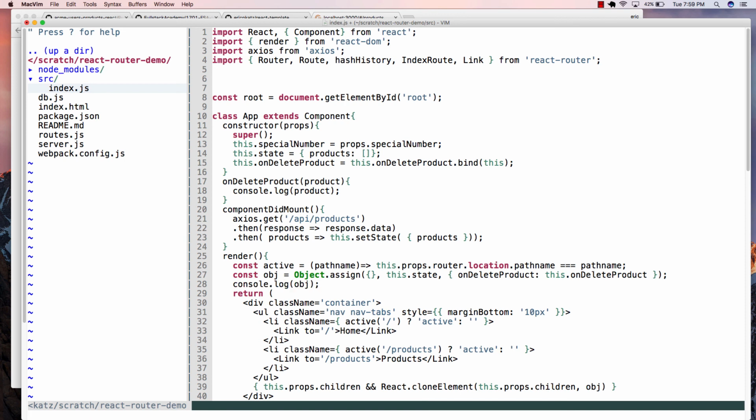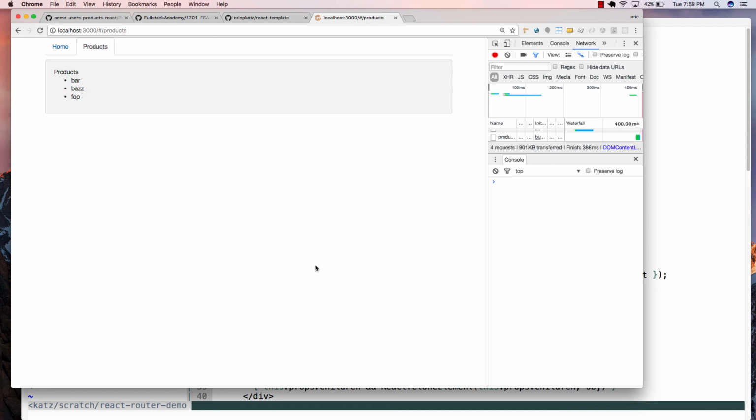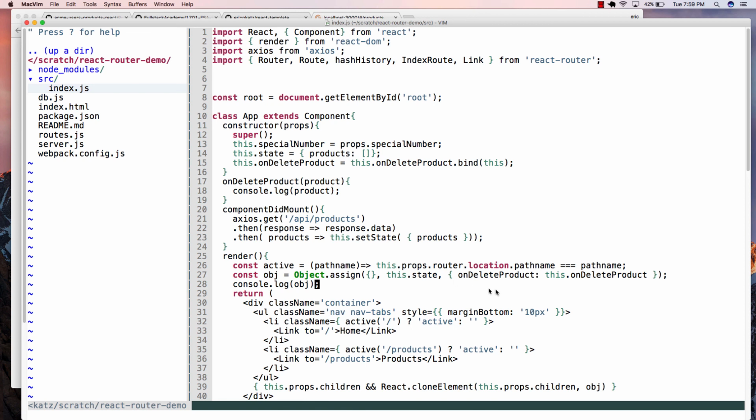This is just an object that when this console logs out should have my products and also my on delete product method. Okay? All that Object.assign allows me to do is give it objects that I can basically add to. Again, my whole reason for this is something interesting is going to happen in here, and we'll keep this relatively